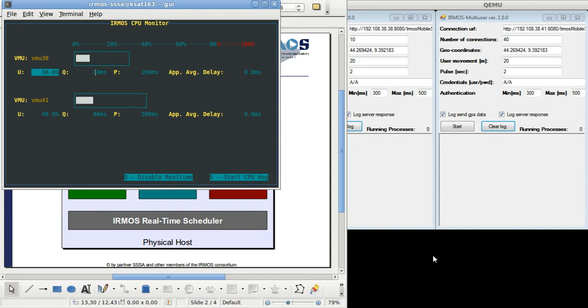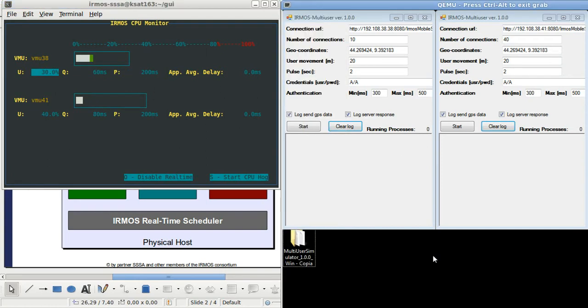So in this case we are providing to the first virtual machine 30% of the CPU by basically ensuring the virtual machine runs for 60 milliseconds every 200 milliseconds. For the second virtual machine we have a similar situation. We are granting 40% of this core share by allocating 80 milliseconds every 200 milliseconds. Here the periods may be heterogeneous among the virtual machines, and they mainly depend on the requirements of the virtual machines themselves. So let's see what happens here.